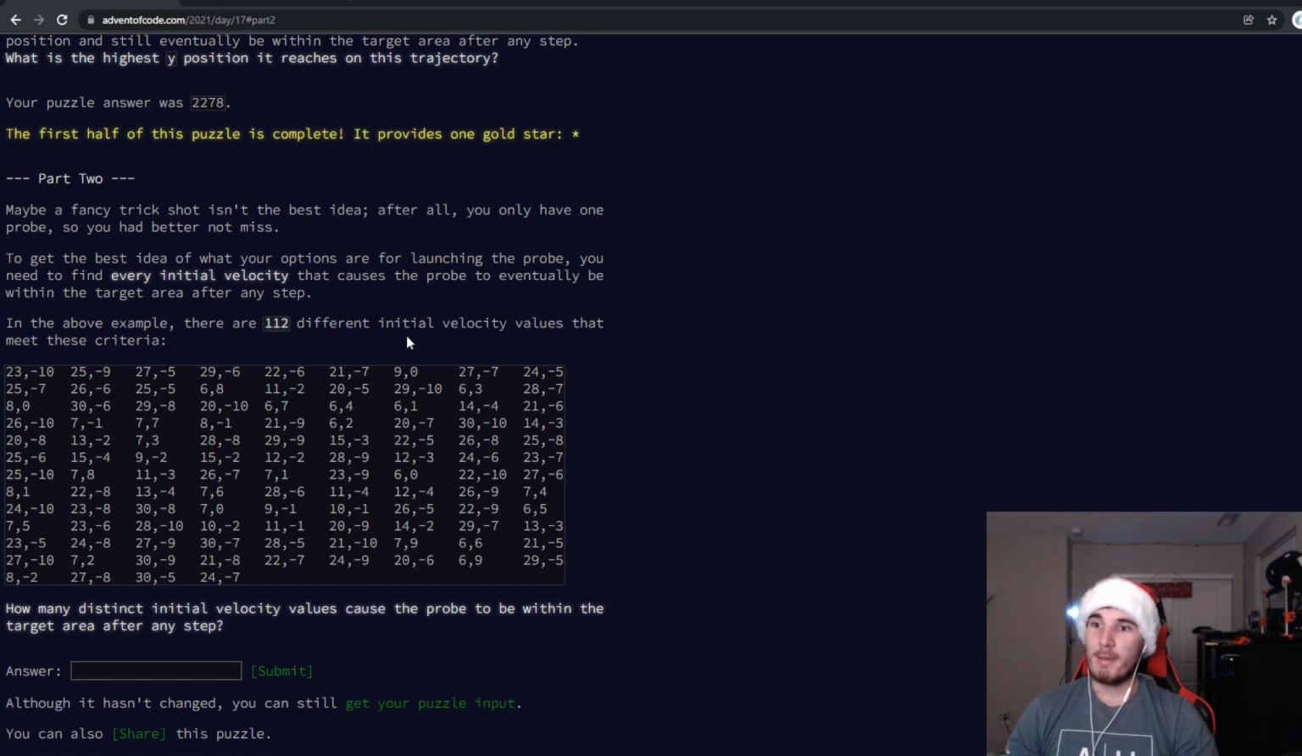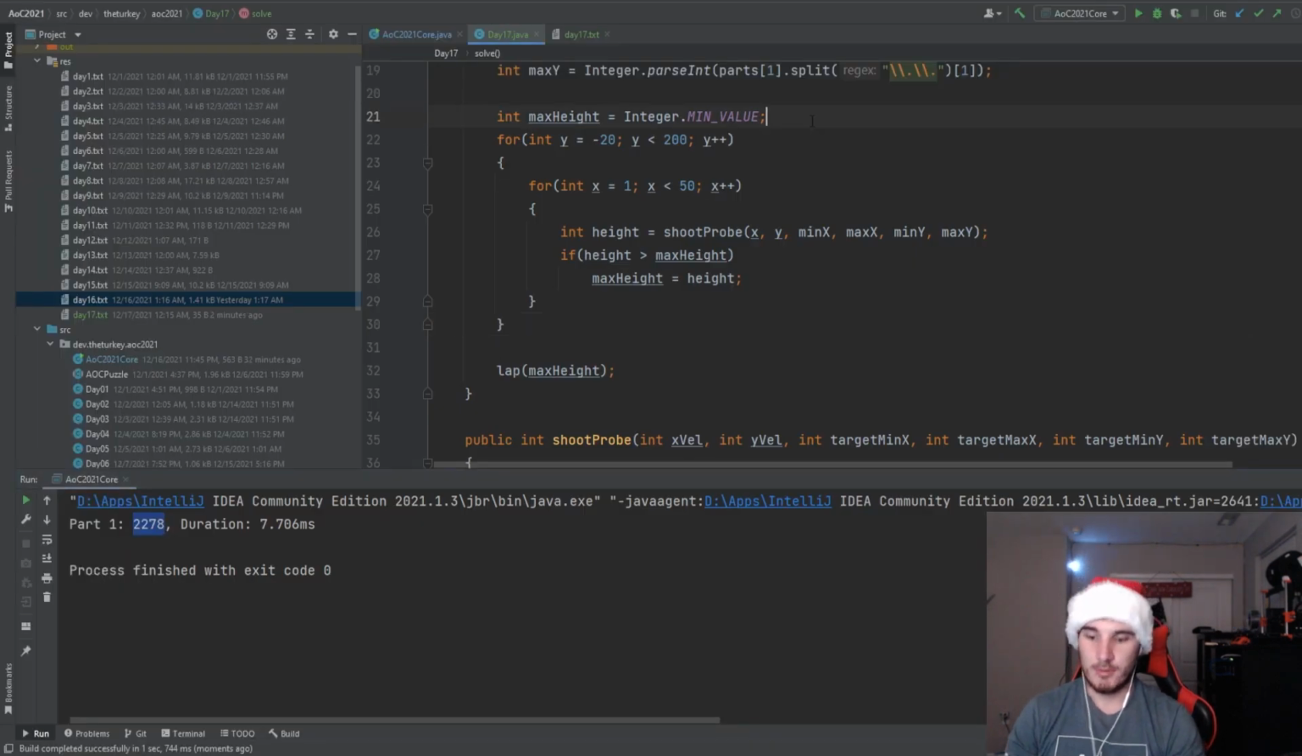Okay. Maybe a fancy trick shot isn't the best idea. After all, you only have one probe, so you better not miss. To get the best idea of what your options are for launching the probe, you need to find every single initial velocity that causes the probe to eventually be within the target range after any step. Okay, so what we'll do here is we'll do